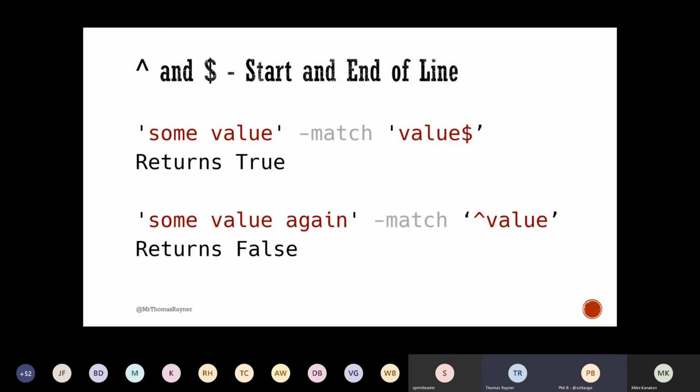I think the lesson there, too, just to make your point, is that even if it was value with a dollar sign at the end, it would be false with the second line too, because yes, again, it's right, not the end. So just want to point that out. Yeah, absolutely. Good call.